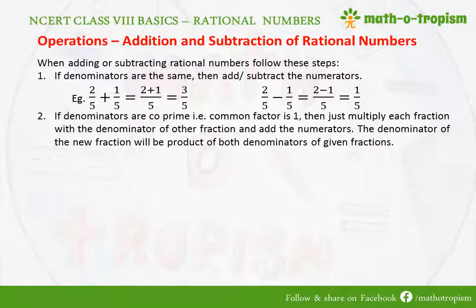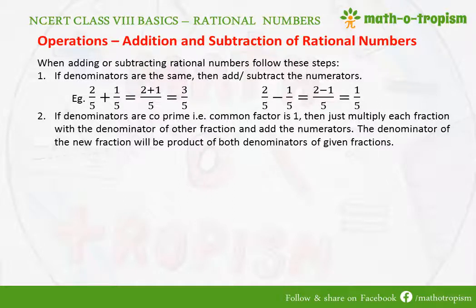Next we will take examples where the denominators are co-prime. That means what? Both are numbers which have the common factor only as 1. So if that is the case, then we need to just multiply each fraction with the denominator of the other fraction, both in the numerator and denominator, so that we can make both the denominators the same and then